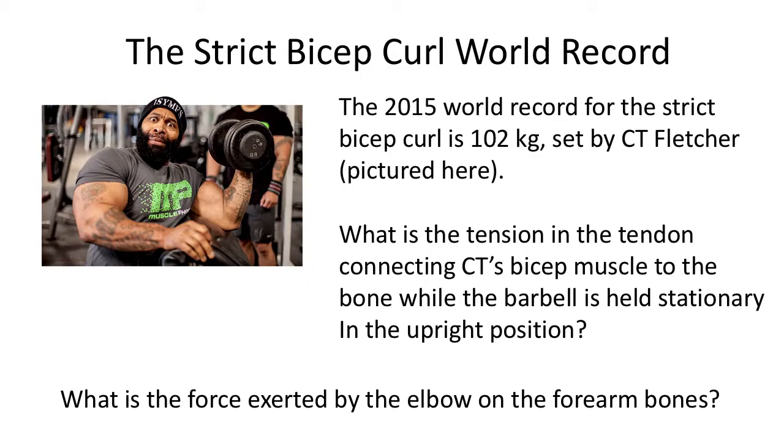M times G, we know the mass from the question. It says it's about 100 kilograms. We know G, it's 9.8 meters per second squared. And we know these distances, right? This is d sub b, and this is d sub t. These are just numbers. d sub t was 4 centimeters. d sub b was 35 centimeters, as we drew before. What I get from this is about